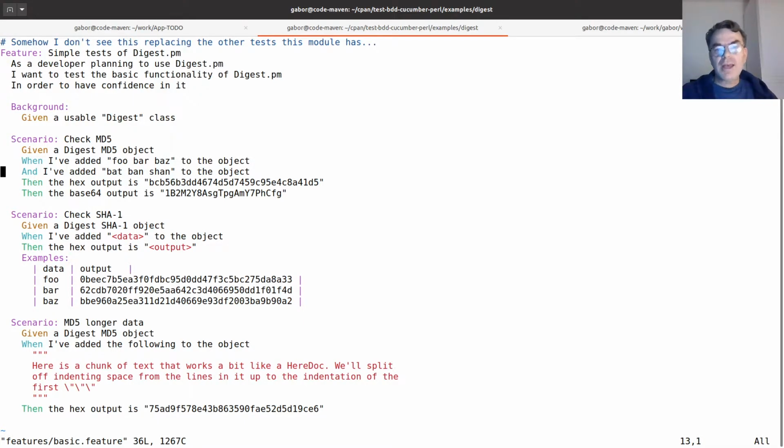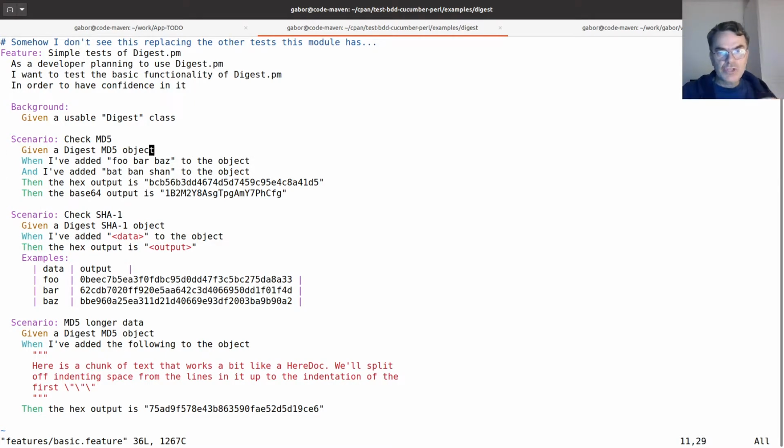But the idea, I think, behind the BDD people is that it's not for testing. It's just for developers to be able to communicate with the business people. But we have tests there. And then the idea is that you have given, so you write these scenarios or text that says given